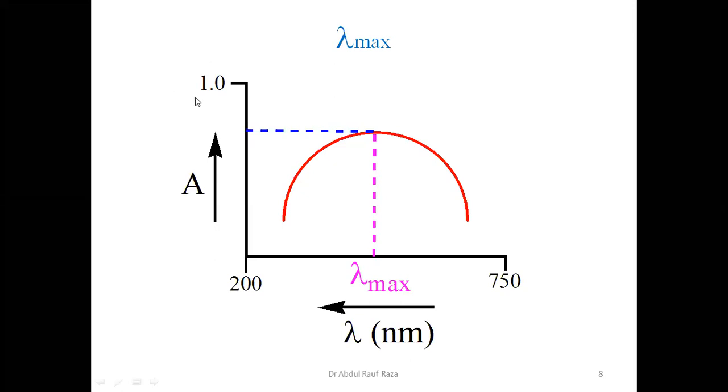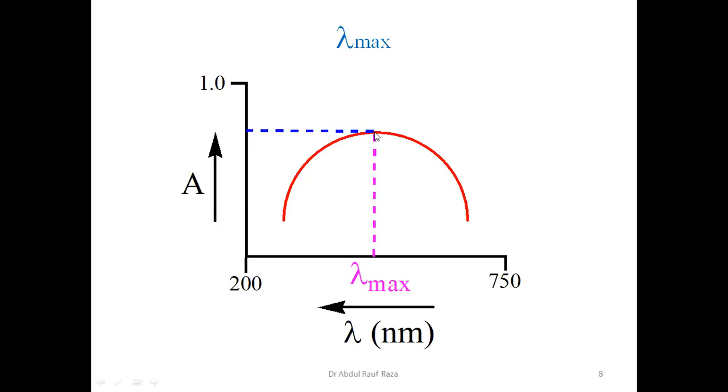It is a concentrated solution. So the Lambert-Beer law is only applicable to dilute solutions, which are normally micromolar solutions, meaning 10 to the power minus 6 molar solutions that we normally use. So it is only applicable to dilute solutions, not to concentrated solutions. This is a drawback of Lambert-Beer that we get from the practical value of the graph, where